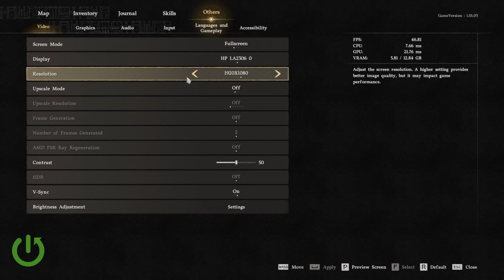Here you can change the resolution. Choose from one of the available presets that fits your monitor. Then simply hit Apply. Of course, I will need to set it to my correct resolution, apply, and well, that's